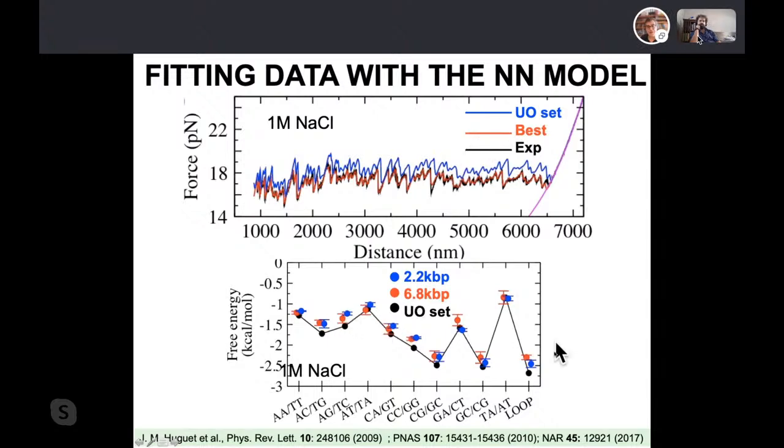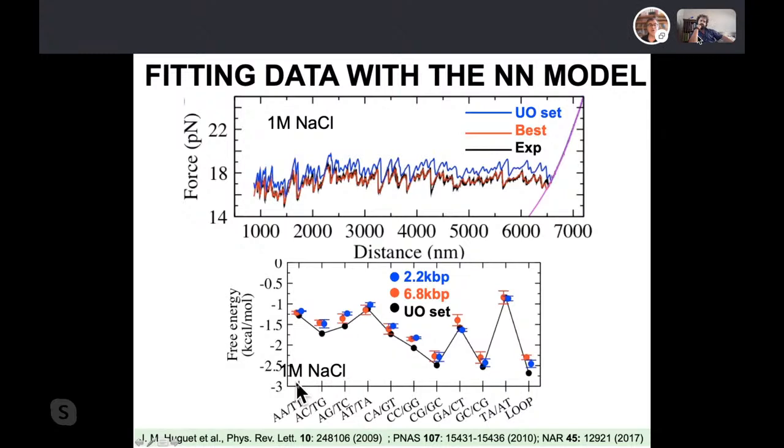Now, these parameters, which are these numbers actually, depend on all the conditions of your solvent. If you change temperature, they change because free energy is enthalpy minus temperature multiplied by entropy. So even if you assume that enthalpy and entropies are the same, you change the temperature, this shifts. If you change salt condition, this is at 1 molar sodium chloride, you see this here. If you change the concentration of salt, it changes.